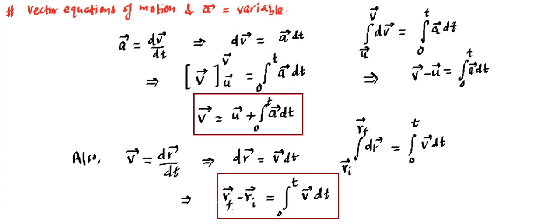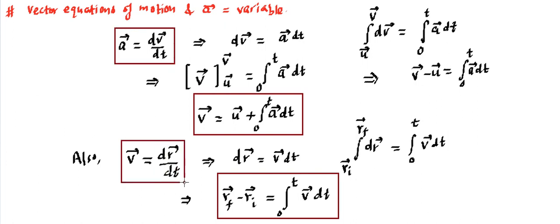So let's take one example or two from this particular aspect as well. One more obvious point let me add over here, that this equation we will be using when the acceleration is given to us to find velocity, and then finding velocity to find the displacement. Of course there are other two equations which are equally important. If velocity is given to us and we need to find acceleration, this is going to be the basic equation that we are going to use. And similarly, if displacement is given to us to find the velocity and acceleration, we are going to use this.